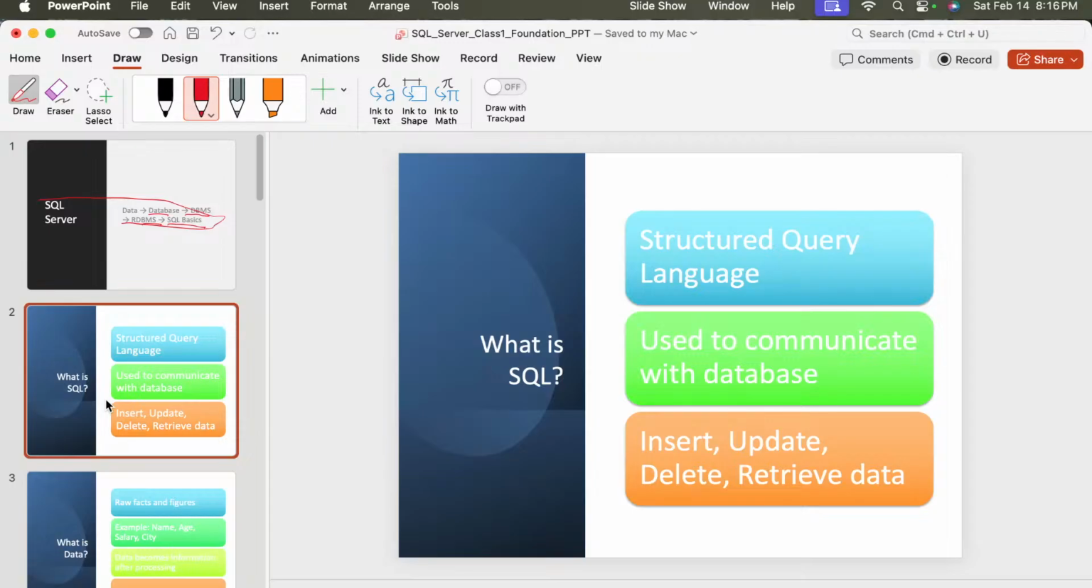So our first agenda is going to be, let's start with our basic question. What is SQL actually? So if you guys know what is SQL, please type in the chat. I believe everyone knows what SQL is. If you are a beginner and you don't have any knowledge, I'm just going to explain what SQL is